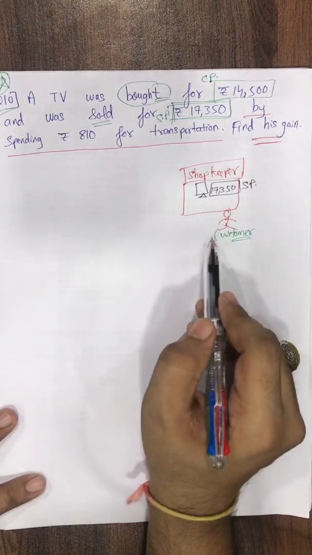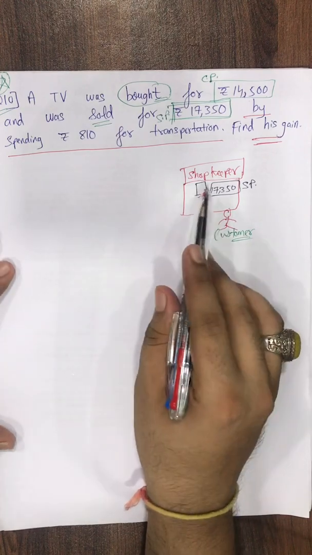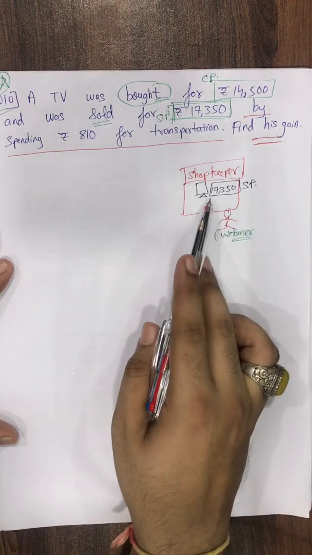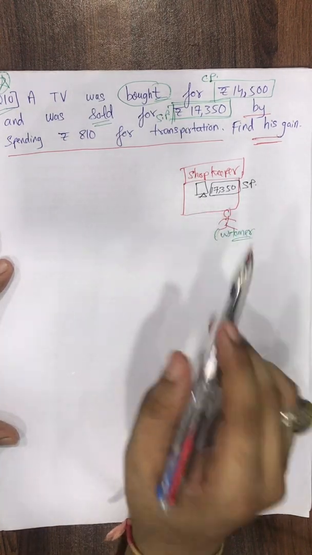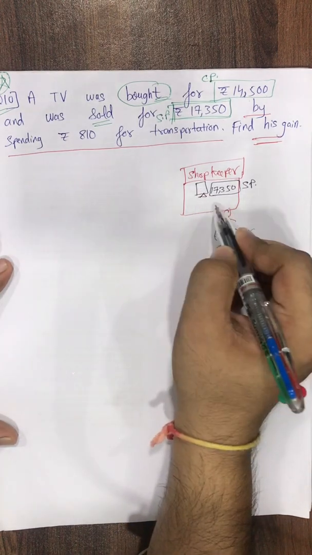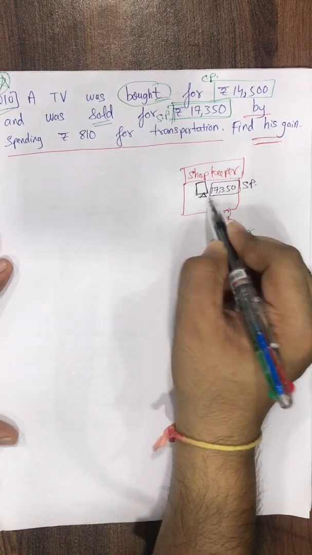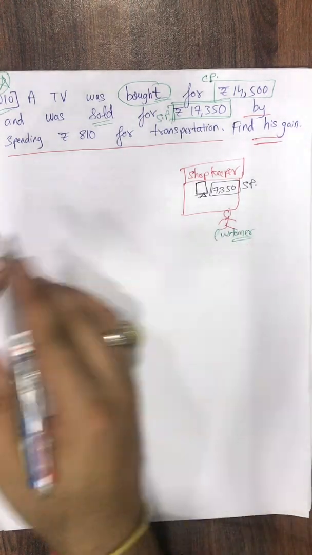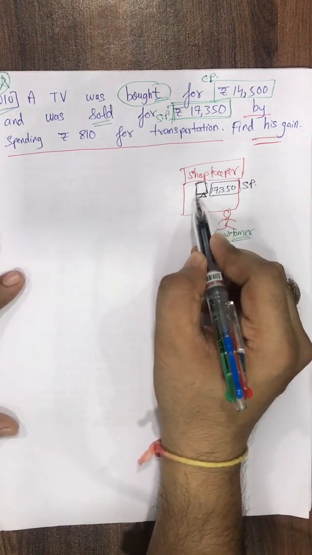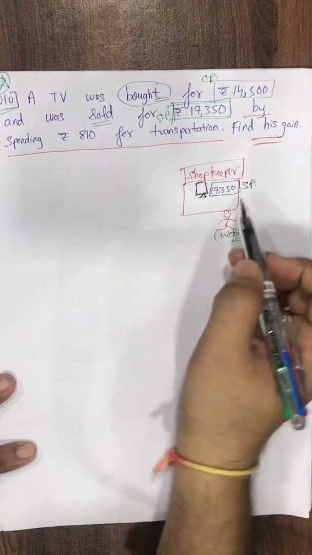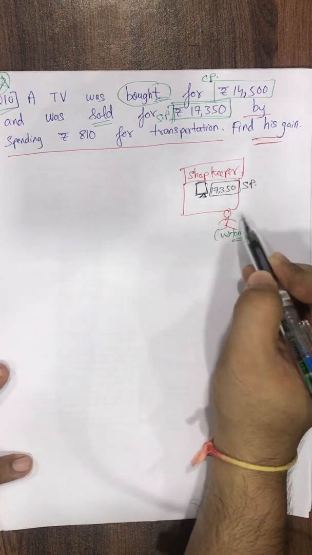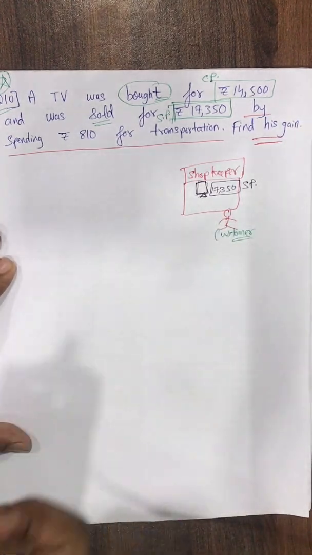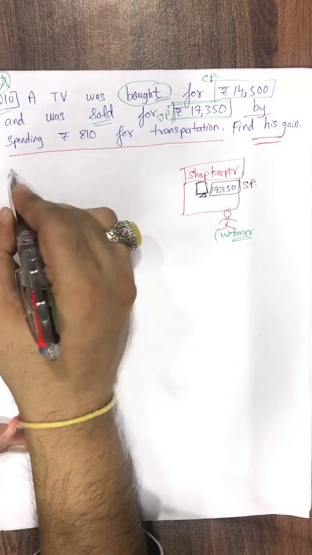Now this customer comes to me, for example, I'm just making a story, students, just to make you all aware about this situation. Customer tells me, sir, okay, fine, I will pay you 17,350. But I don't want this TV. The body is black in color. I want the body of the TV to be red in color. I tried to convince him, but he said no. Customer has no issues with the selling price, but he wants red color. So on the spot, I made a call to my wholesaler.